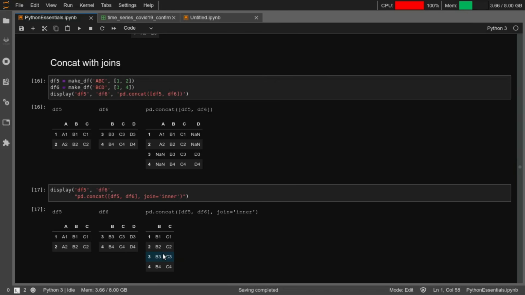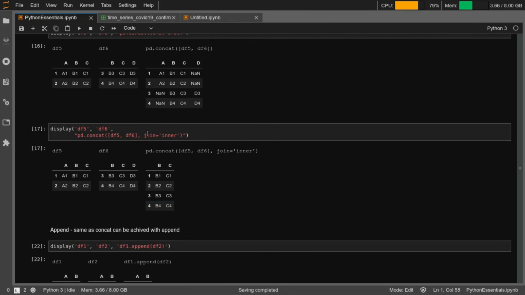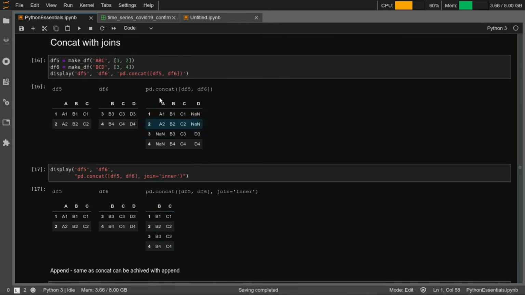Then, if you are familiar with databases, there are joins in databases: left join, right join, outer join, inner join, all of that, right? All of that is possible in this pandas data frame as well. So you can mention a specific join name, and that will result in a different output. If you had not mentioned it, there were certain columns which are missing from these two. Those are filled with NaN. NaN stands for not available. I mean, these values are not available. These are not zeros or anything else. These are a different category, right?